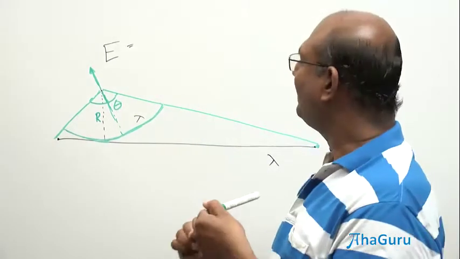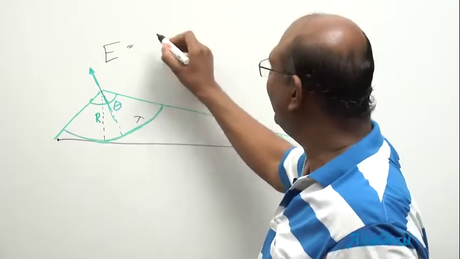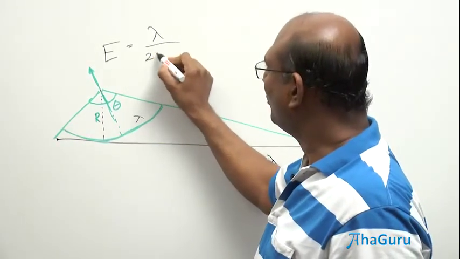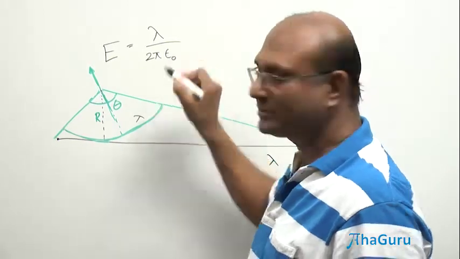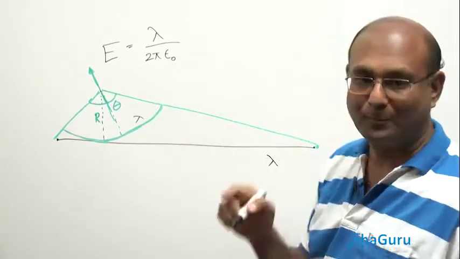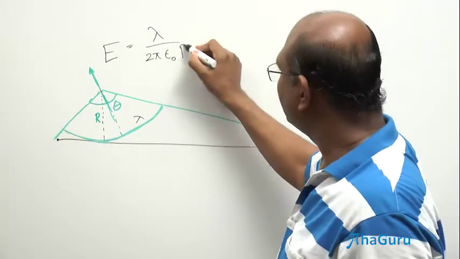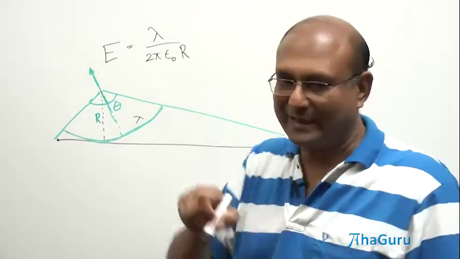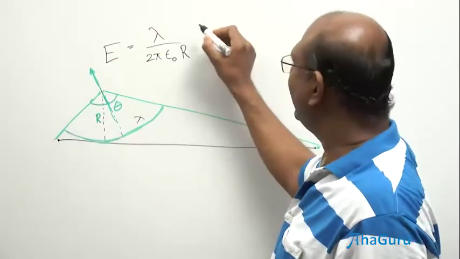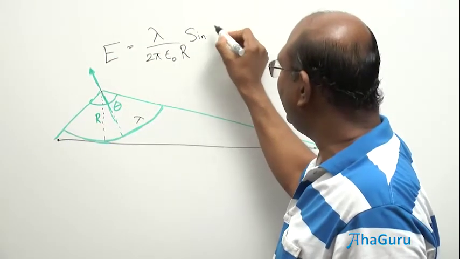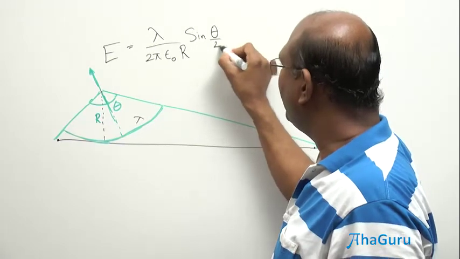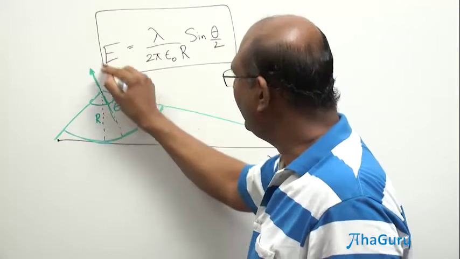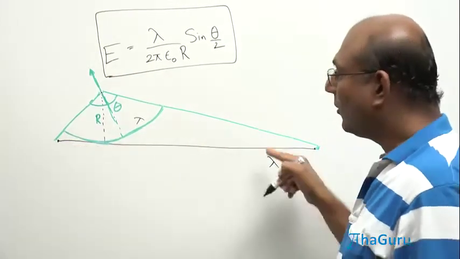Then the electric field, it turns out, is a very nice and simple formula. Lambda by 2 pi epsilon naught. So remember 1 by 4 pi epsilon naught. This is 1 by 2 pi epsilon naught r. Now this formula may look very simple, except that this is not the answer. This electric field, which is like that, is this into sine of theta by 2. Okay, so this is the electric field of a line or of an arc.